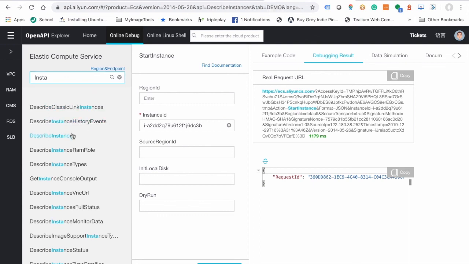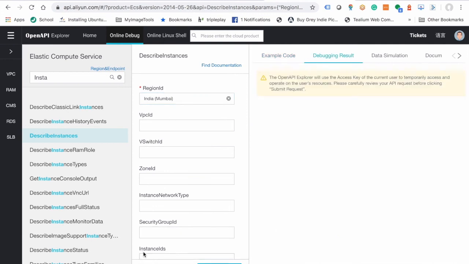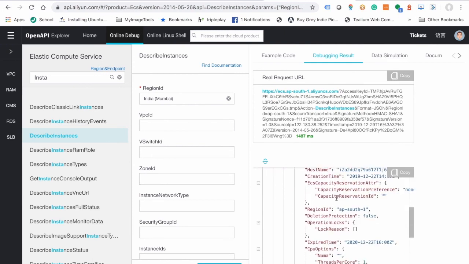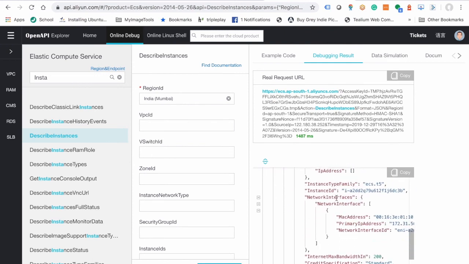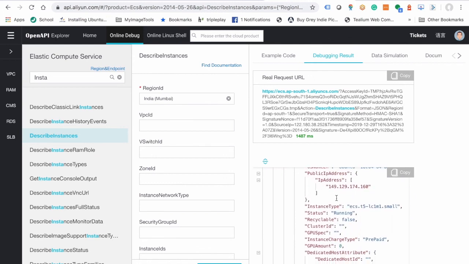Describe instances. I will go and put the region ID Mumbai. I can also put the instance ID here. There are parameters for this, but if you go down, it should say running. So my instance stopped and started running, and the best thing is that with most of the